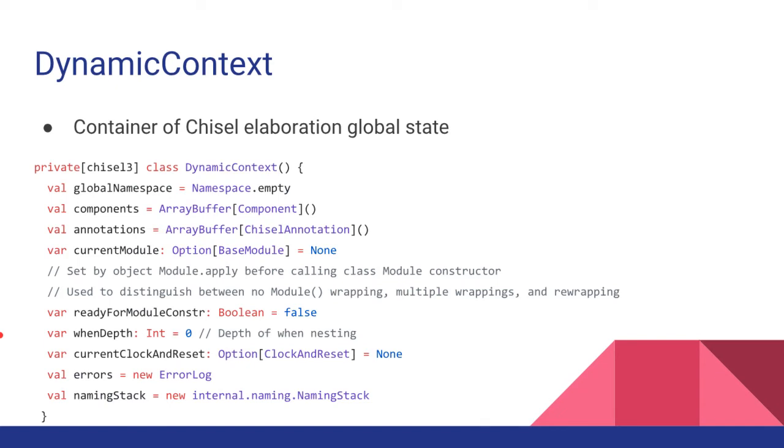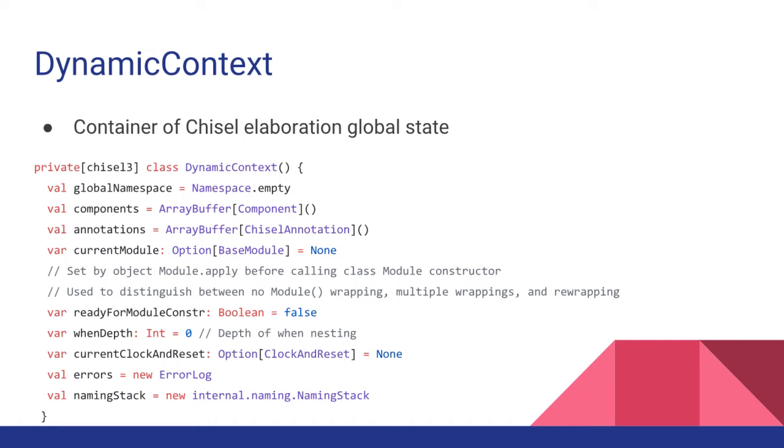The when depth allows us to know the depth of nesting for whens. This is important because I mentioned that Chisel is a very lean front end. So whenever you have a when, it just pushes something. It's not actually constructing nested scopes in the commands, the commands being, like I said earlier, the Chisel IR nodes. So the when depth lets us keep track of how deep in whens we are so that when we exit them, we know how many closing curly braces to insert. In FIRRTL, the serialized form, there aren't curly braces. It's whitespace scopes, but it's kind of like how much whitespace scoping do we need?